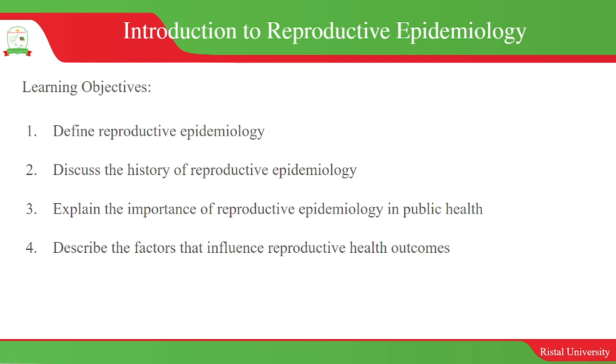And the objectives for this session are that by the end of this session, you should be able to define reproductive epidemiology. You should be able to discuss the history of reproductive epidemiology. You should be able to explain the importance of reproductive epidemiology in public health. And then you should also be able to look at the factors that influence reproductive health outcomes. Okay,